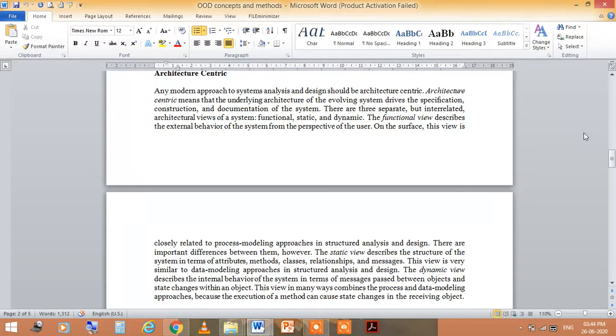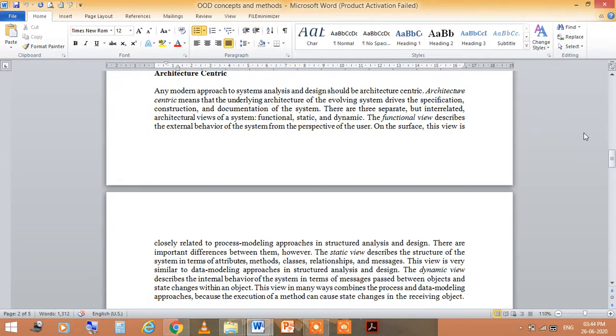The functional view describes the external behavior of the system from the perspective of the user. So the user should know the external behavior, how this system will work. On the surface, this is closely related to the process modeling approach in structured analysis and design, and there are important differences between them also.